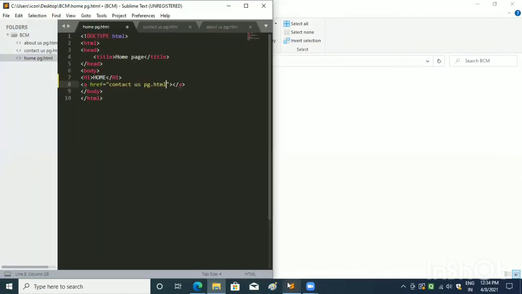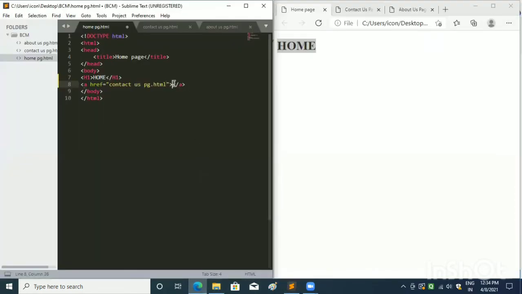So now I have given the address of the contact us file. I will write contact us between the anchor tag. So now when I save the document and refresh the browser, you can see contact us written here.